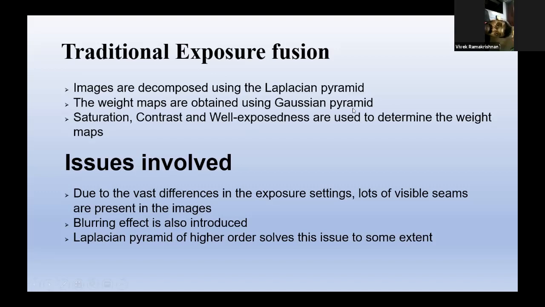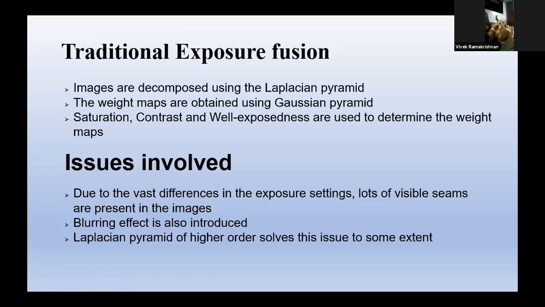Of course, the dimensions of this Laplacian and the Gaussian have to map correctly, and then you have three such parameters, like I said: a1 into x of t1 plus a2 into x of t minus 1 plus a2 into x of t minus 2 plus a3 into x of t minus 3. If each of these a's is again three parameters, like saturation, contrast, and well-exposedness, then I get a composite weighting function, which is weighed using a Gaussian pyramid, and the image decomposed using a Laplacian pyramid, and I get a weighted averaging. So this is the basic idea, in a crude way, of the traditional exposure fusion.